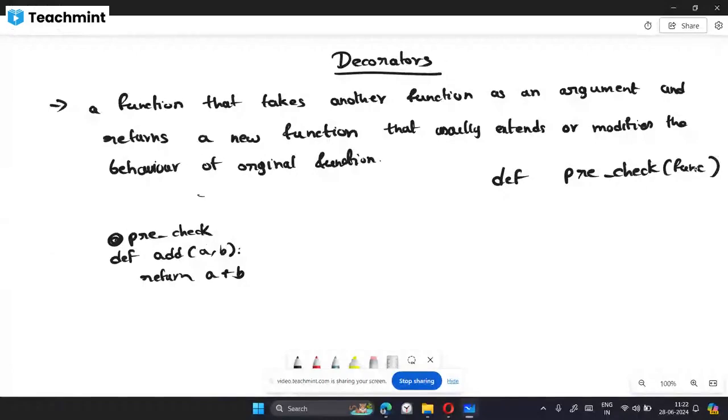So this function, this FUNC, is the argument that it will accept. It accepts this function as an argument. Okay, so in this function you can do some pre-task, and you can execute this function. And after executing this function, you can do a post task. Okay, so whenever you call this particular function like add 1 comma 2,